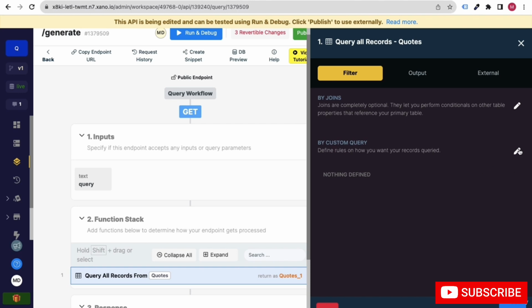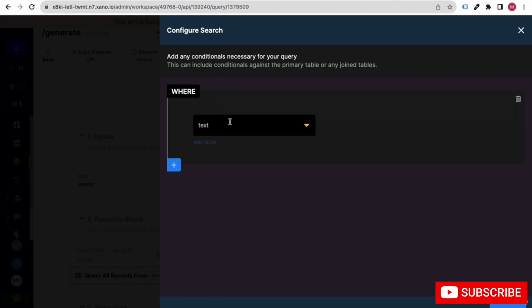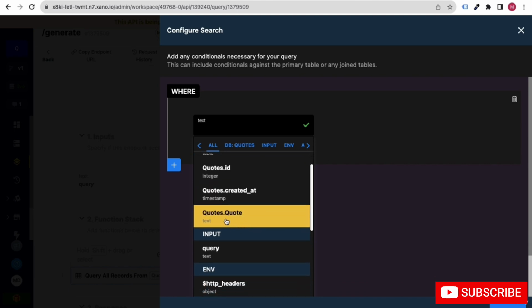You can simply click on this edit option, and here you can add a condition. Click on this option, and then, my friends, you will see codes dot code. You can select that.